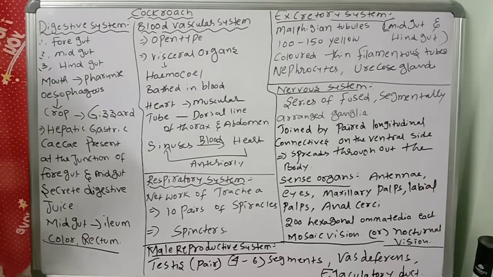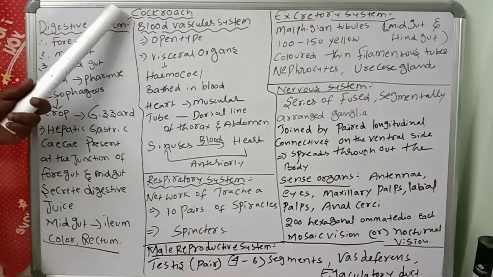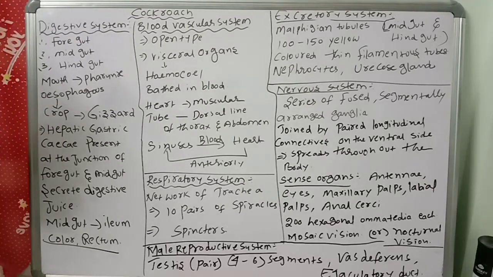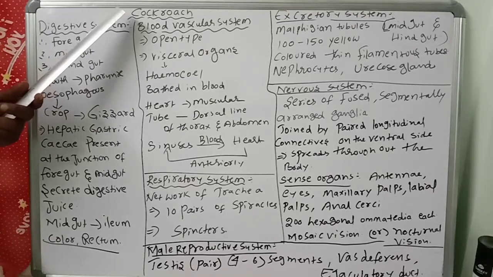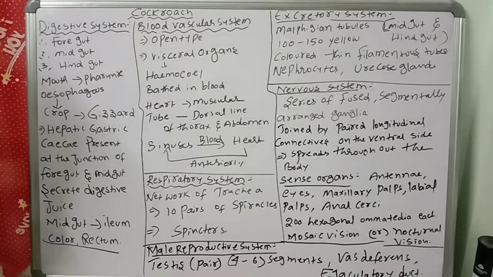Very important. Next, the head consists of six segments: one pair of maxillae, one pair of mandibles, one labium, one labrum. Labrum means upper lip, labium means lower lip. Walking legs are there, and the forewings are called tegmina. They are covered with hind wings. Hind wings are helpful only for flying. They are transparent, very light.